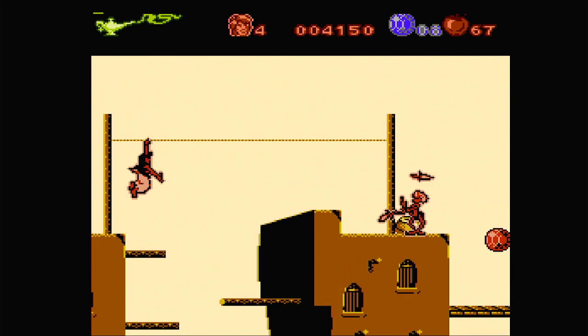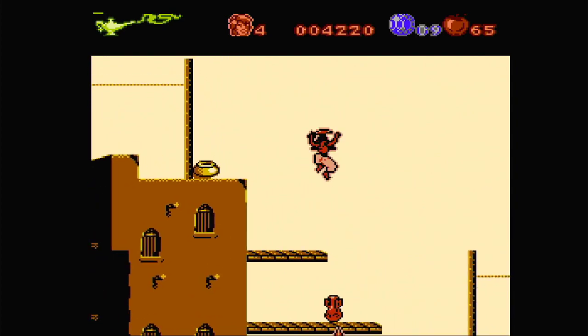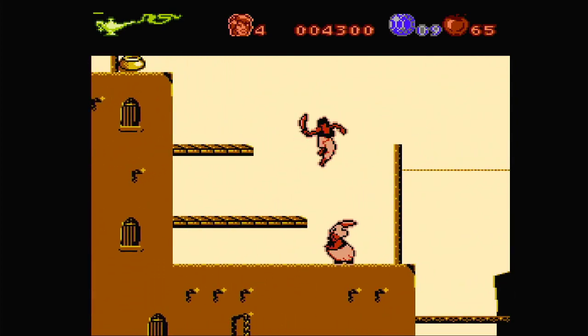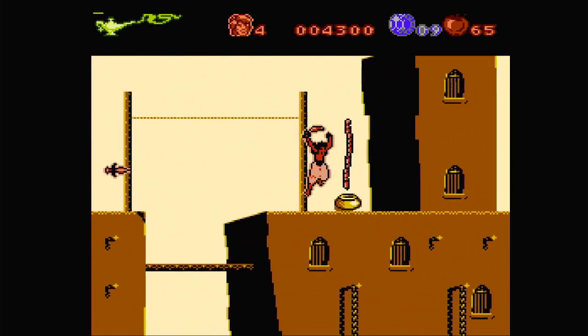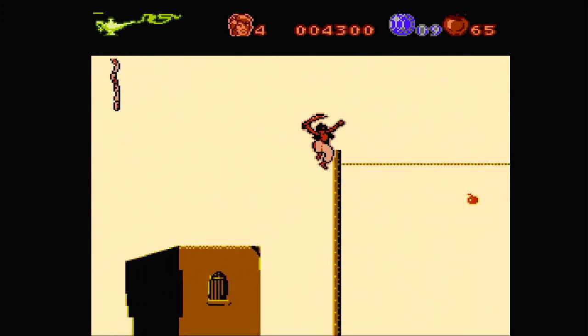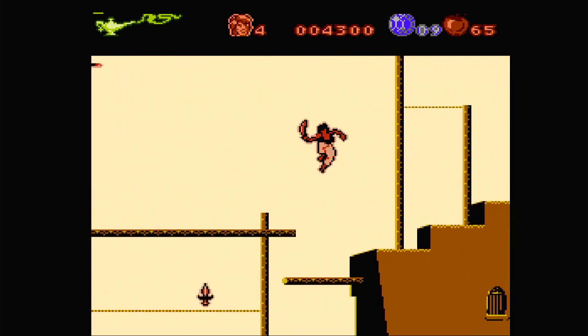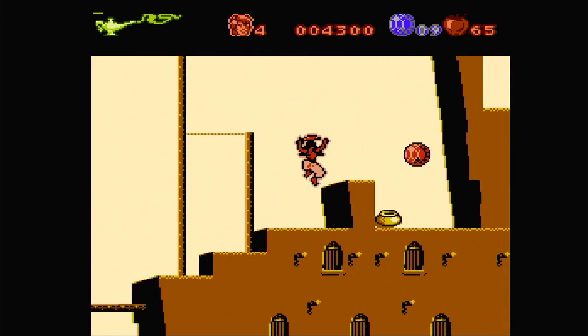I'm going to swap to my apples and just take this guy out with the apples. Now you want to get that gem, get the checkpoint, and go over here onto this rope. We are near a mini boss. Jump up here, I drop, and I just keep running across. Take a few jumps,